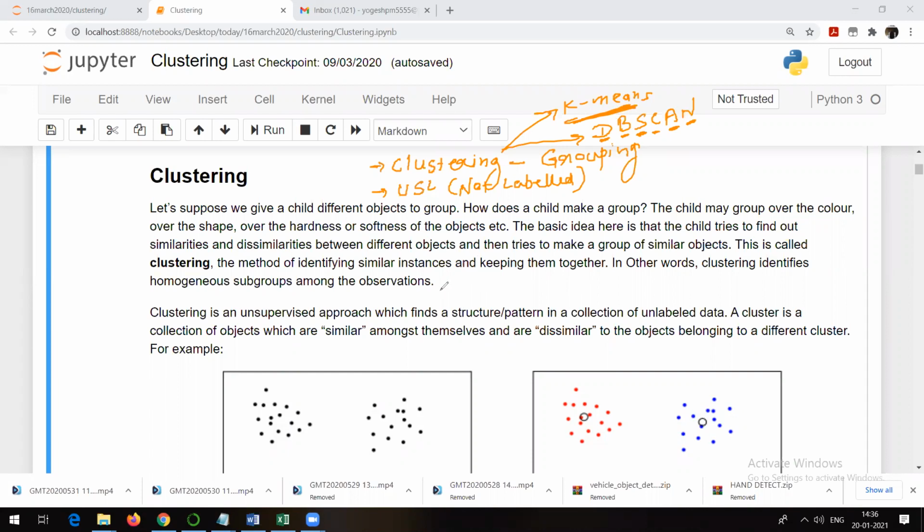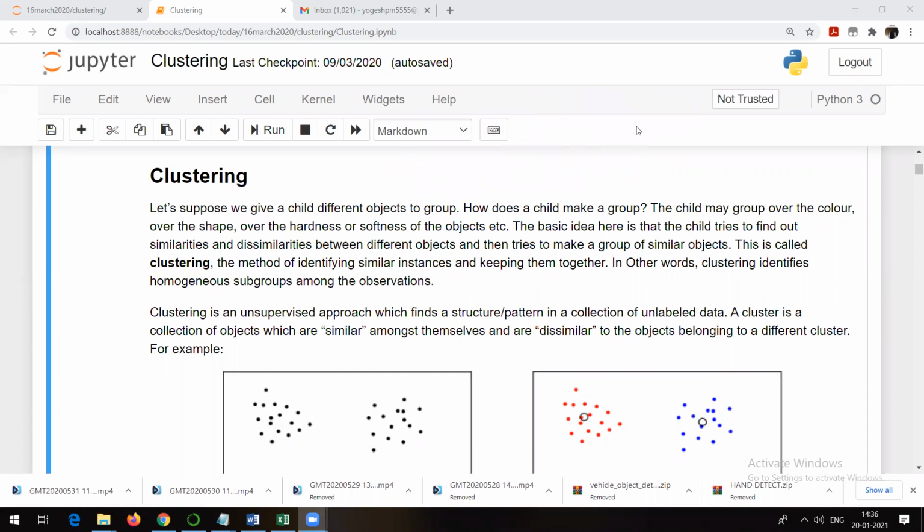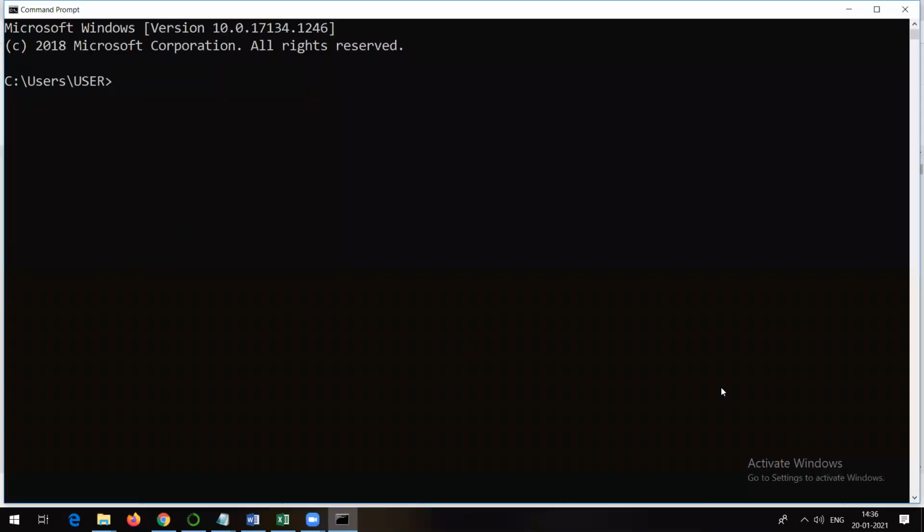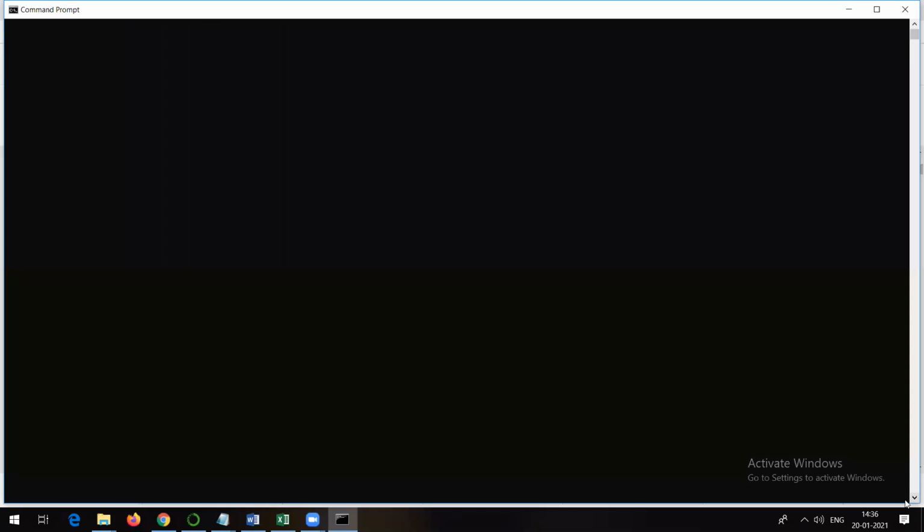Now, if I want to tell you the reason why one should discuss the K-means algorithm, maybe if I talk about some real-time scenarios, whatever project you will be working on, you will see that clustering is going to be used again and again. See, let me tell you what we do in real time or in projects. Suppose there is a problem, right? The client actually came to us and the client has given some data to us. Now the client has asked